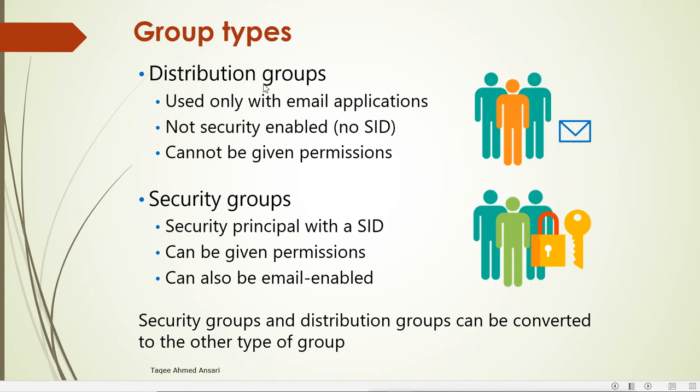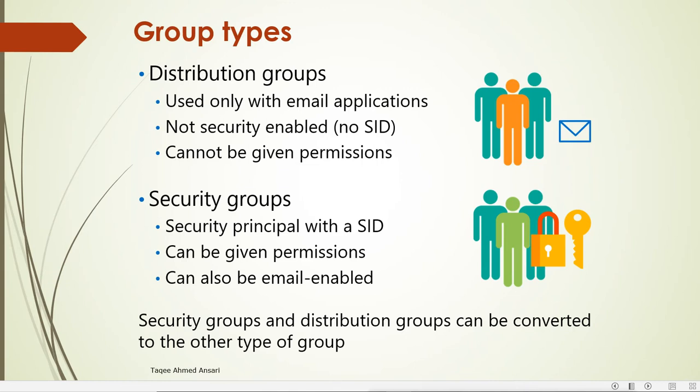Now, a distribution group is not security enabled. That means we can't use this group for giving security, restrictions or privileges, because it does not have a SID. It does not have a unique ID. It only has an email address. So we can use it to distribute, but it is not used for giving security permissions. Now, for giving security permissions,